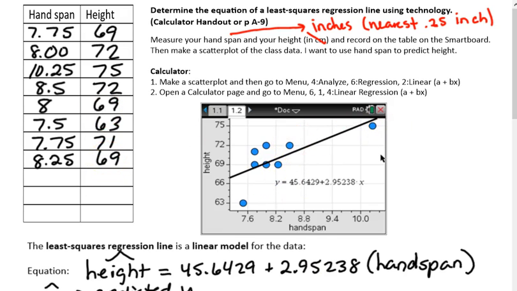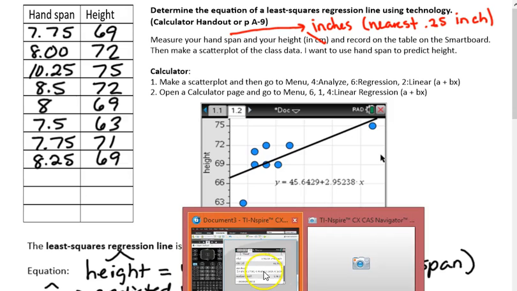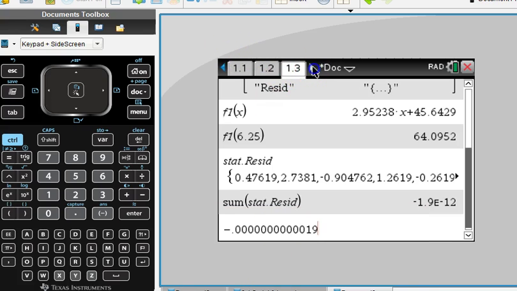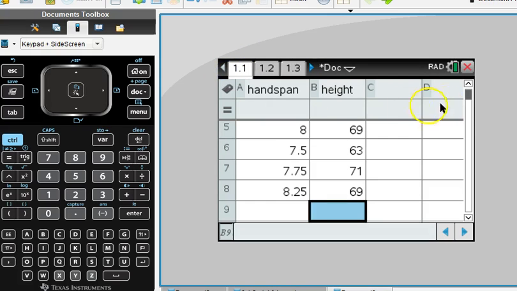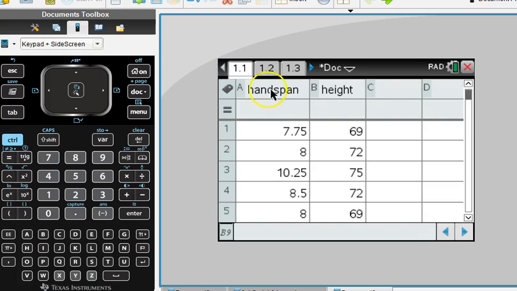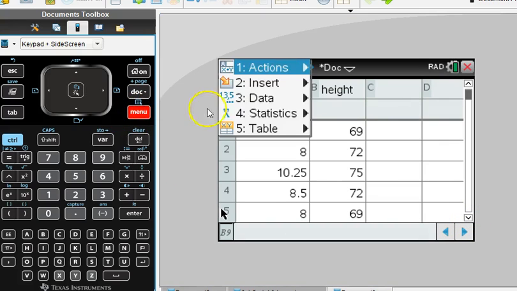So how do we do that on the calculator? If you go to your calculator and go to your list and spreadsheet page, you're going to title one of the lists hand span and the other one height, and type in your values. And make a scatter plot. So we're going to go to menu, or sorry,